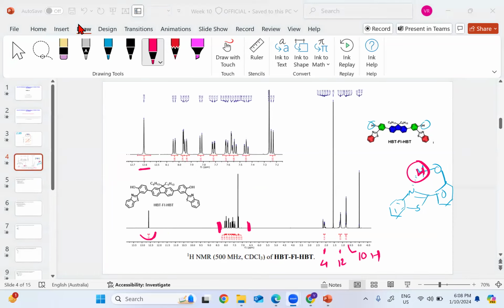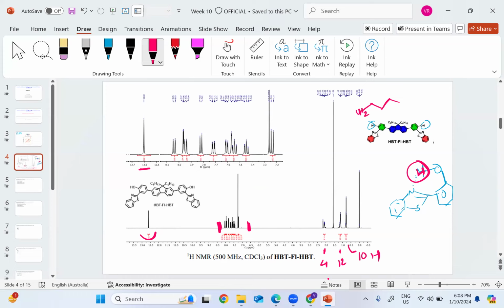If you look at this C6H13, it stands for these alkyl chains, a linear